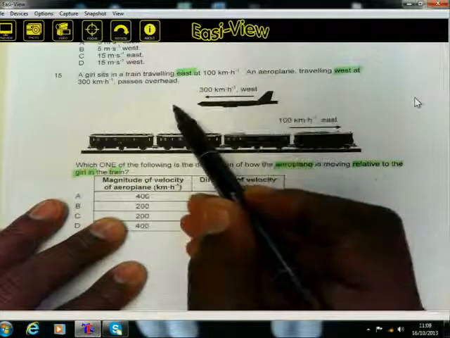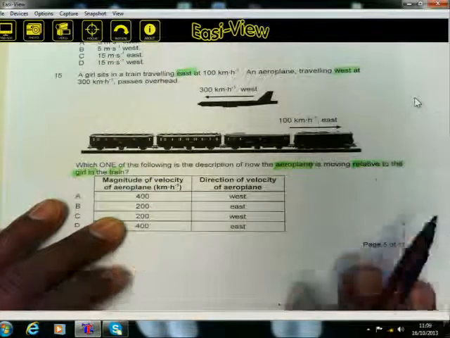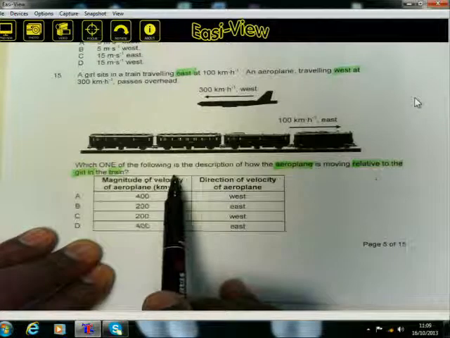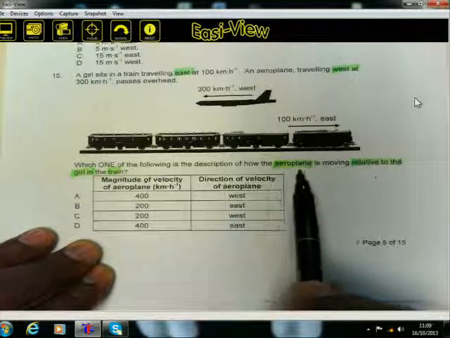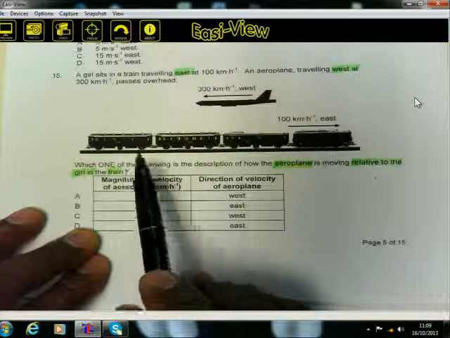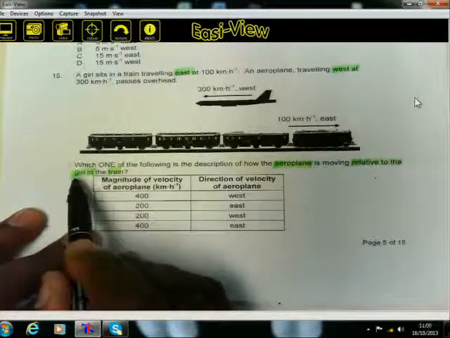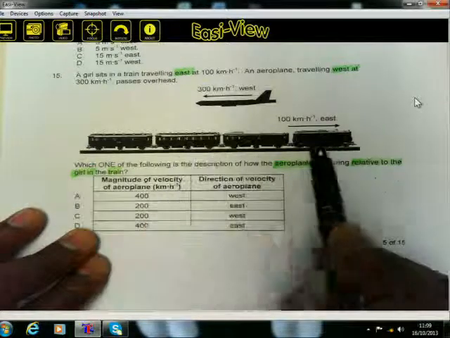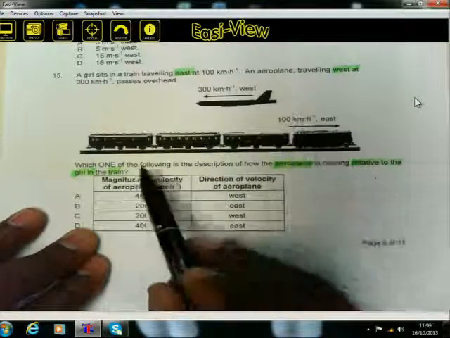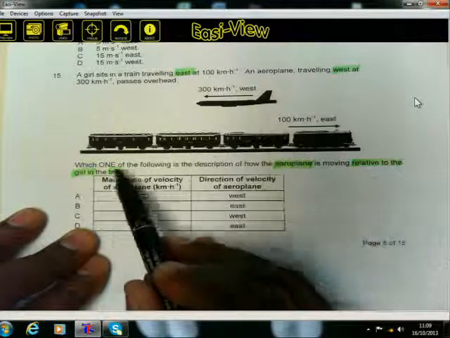So we have an aeroplane passing overhead. Now they say, which one of the following is the description of how the aeroplane is moving relative to the girl in the train? Let me highlight that this girl is in the train, and this girl is sitting here in the train. So the velocity of the girl, or the speed of the girl,